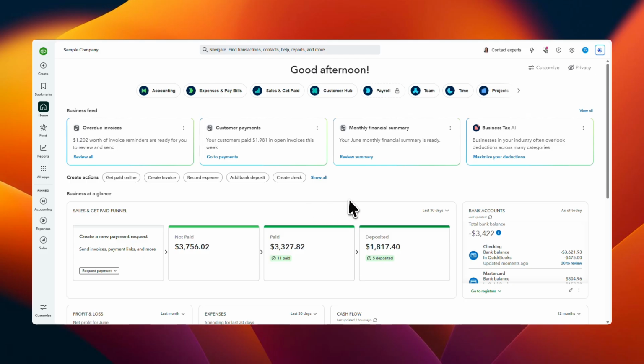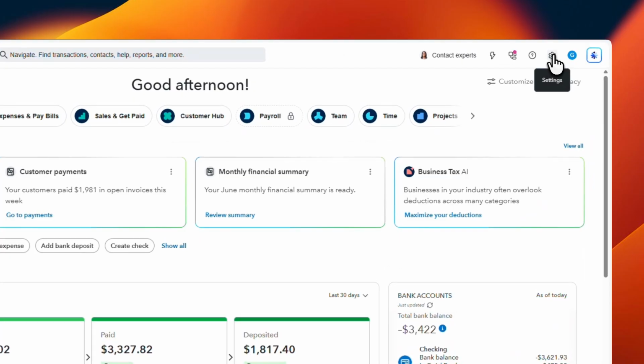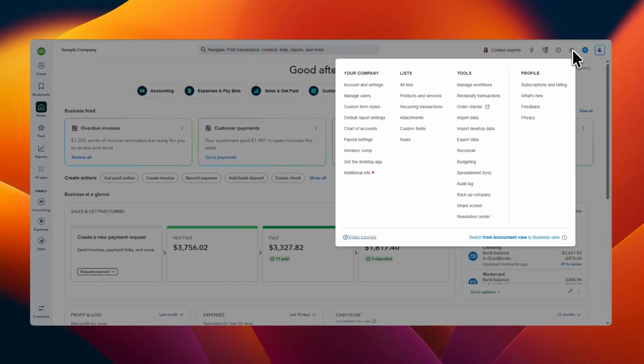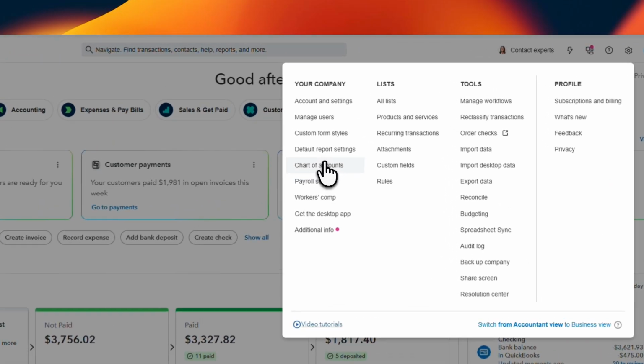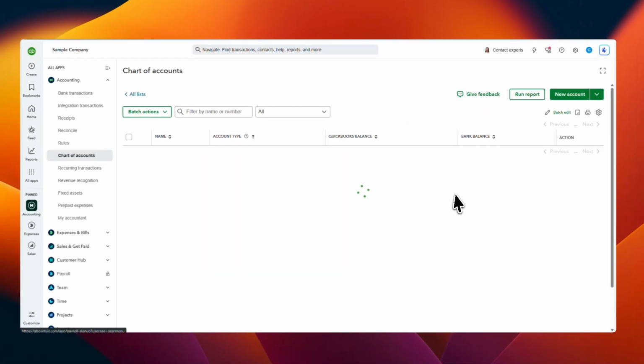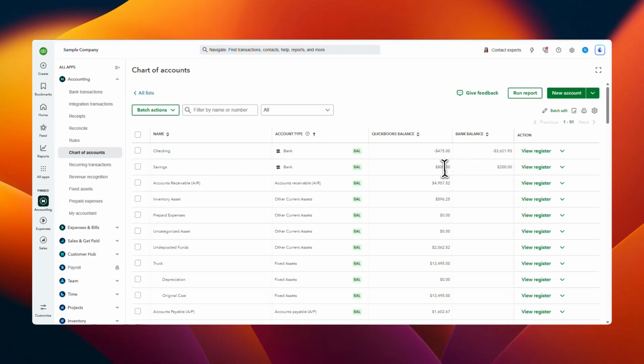it efficiently. To get started, go to the top right corner of QuickBooks Online and click the gear icon. This is where you'll find a variety of settings and lists that help you manage your company file. From the menu that appears, select Chart of Accounts. This opens the complete list of accounts in your QuickBooks file, including bank accounts, credit cards, and other accounts where